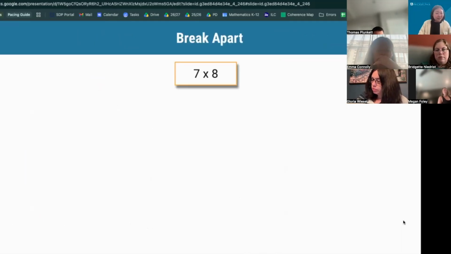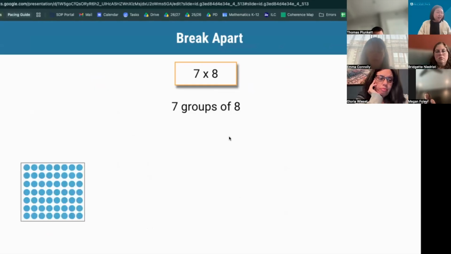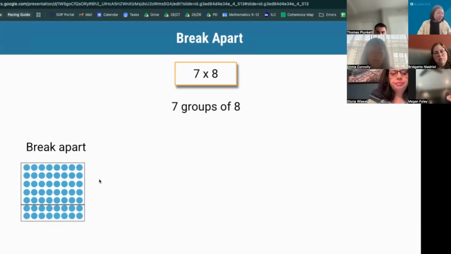Our last but not least strategy, I'm going through them really quickly, I'll share a link to a tiny URL soon, is a break apart strategy. So think about this, 7 groups of 8. Once again, 7 is not a foundational fact. So when I think of 7 groups of 8, I have these models. This is my 7 groups of 8, but I'm going to break them apart into 5 groups of 8 and